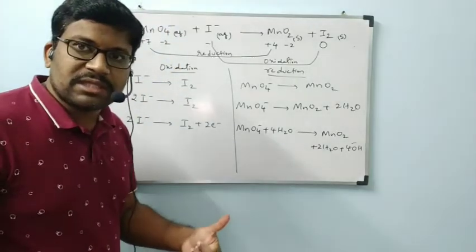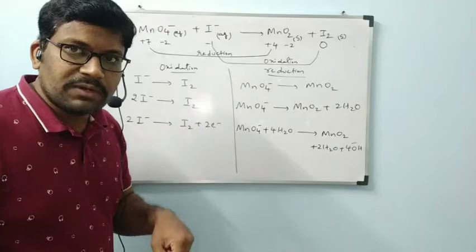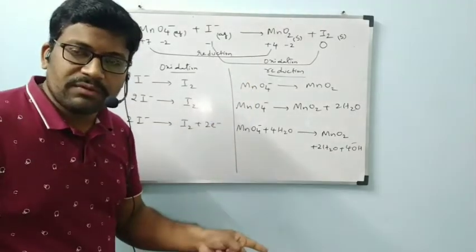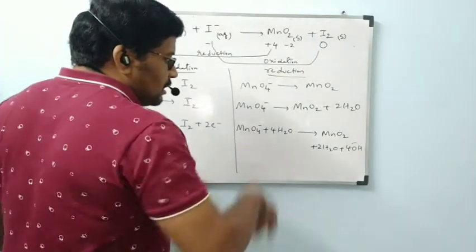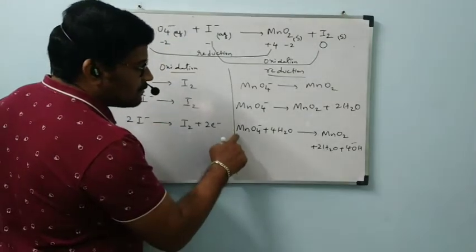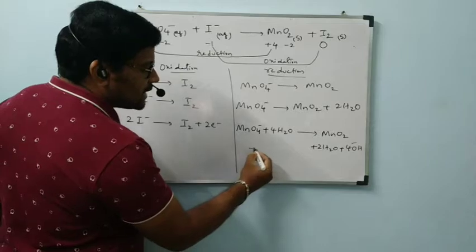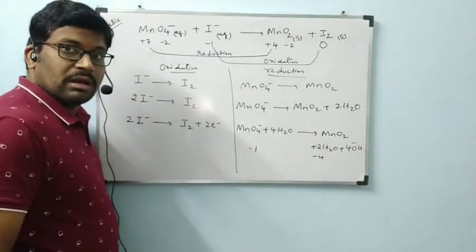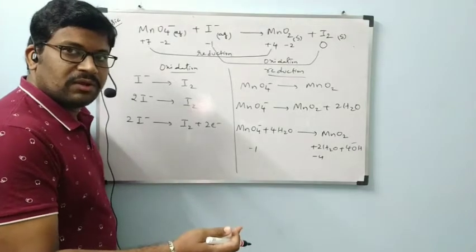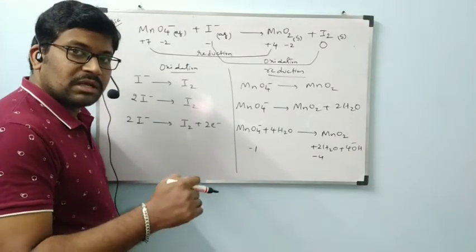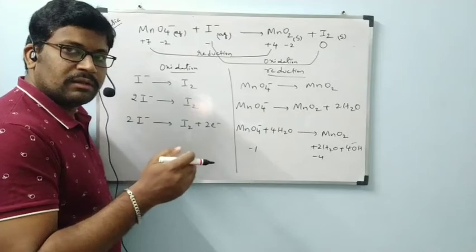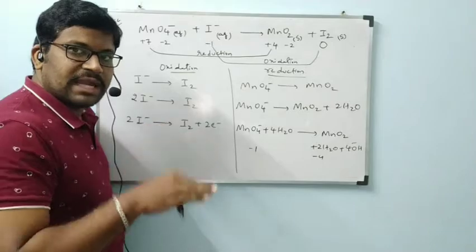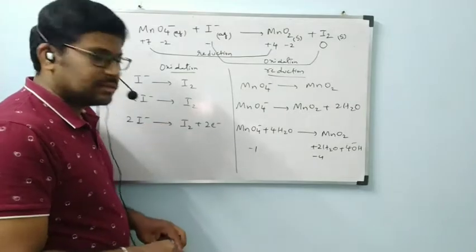Now we have to check with charge. One more example we will do. At that time it will be more clear. Okay? Observe the steps clearly, all of you. Now coming to charge. Here 1 MnO4 minus 1, 1 into minus 1 on the left side. On the right side minus 4 is there. Left side minus 1, right side minus 4. We have to add electrons on the left side. Then 3 electrons must be added. Difference 3. If you add 3 electrons, charge wise also it is balanced. Okay?